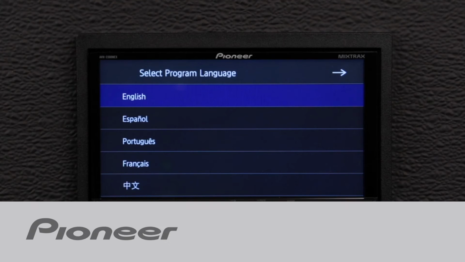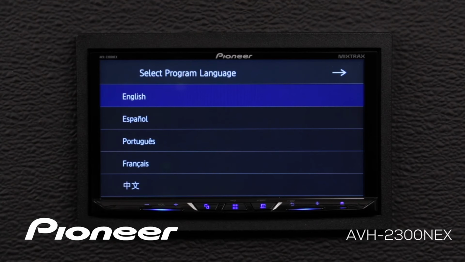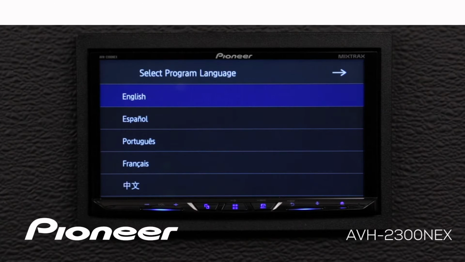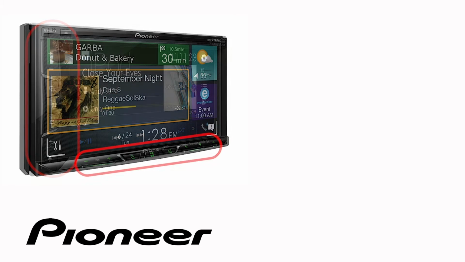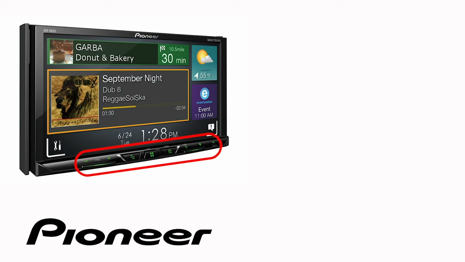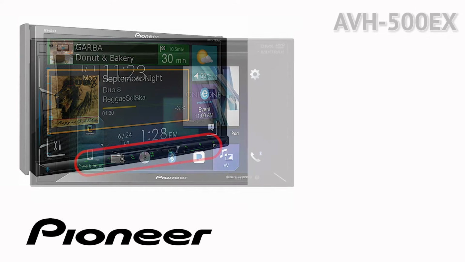In this video, we're going to check out the audio settings when your system is set up in network mode on your Pioneer EX receiver. Even though your particular in-dash receiver may have buttons on the side, or across the bottom like this one, the on-screen operation in this demonstration is identical for the following Pioneer EX models: